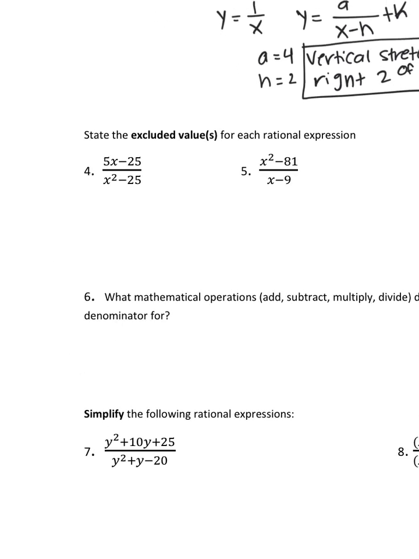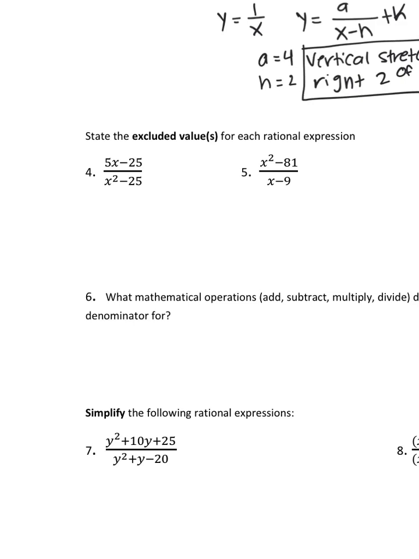Okay. For number 4 and 5, we are figuring out the excluded values. So when we're talking about excluded values, that's when I'm talking about the denominator not being allowed to be 0. So I really only care about the denominator here and here. I don't really care what the numerator is until I start canceling. So when we simplify this,